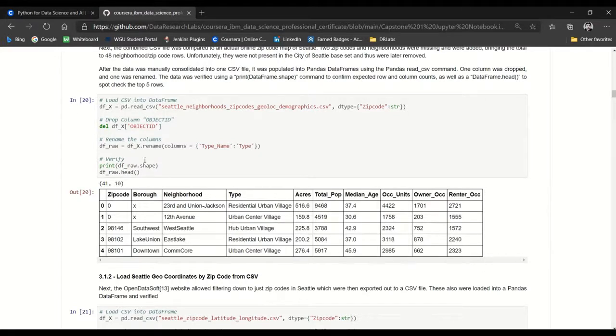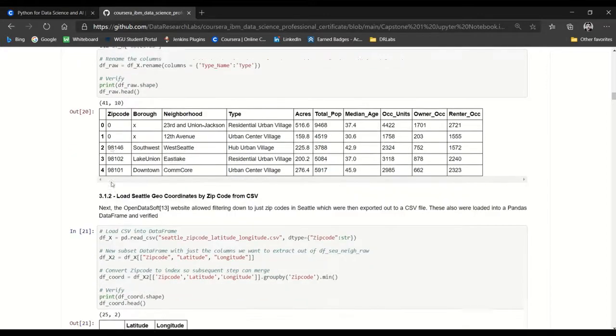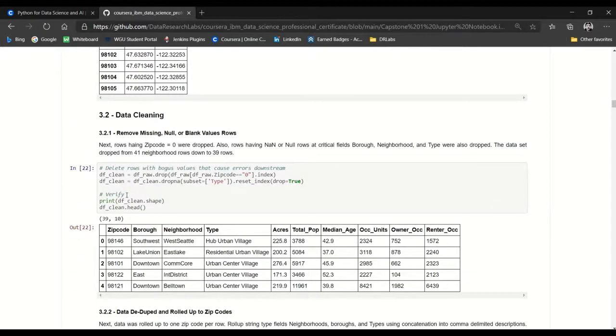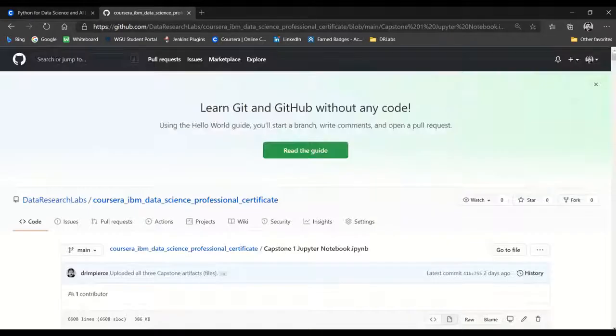There's the block of Python code. Here's the output where I took the head, the top 5 rows of that first run where I was loading in a CSV and manipulating it a little bit. Anyway, it's really neat. And it was nice to get that set up because as a data scientist, it's really